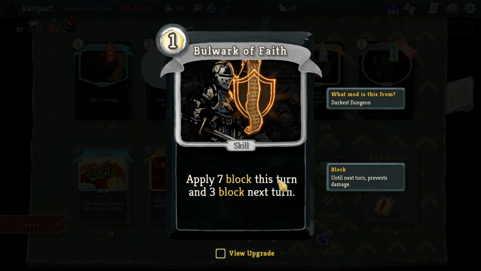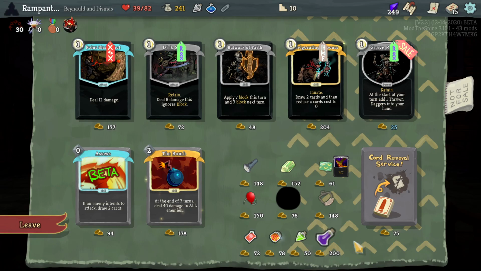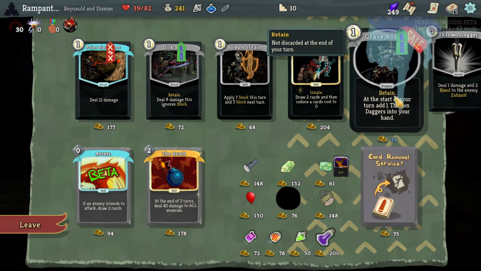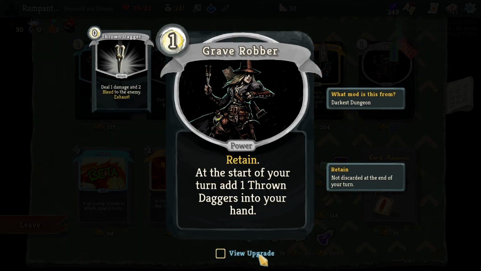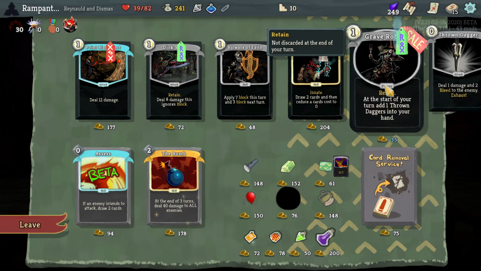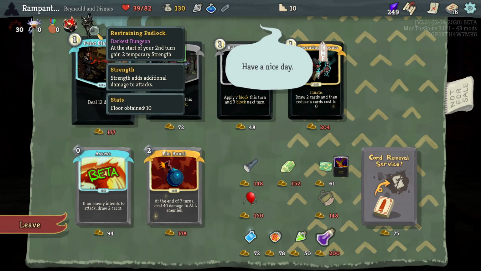7 block this turn and 3 block next turn. So it is a dodge and roll. As I said, I'm not going to read the special ones in the shop because they're at the start of your turn. Add 1 thrown, 2 thrown daggers. And you know what? I actually want that. We're going to pick that up. We're going to pick this up and we're going to pick up the random relic, which is...